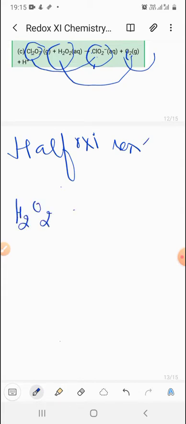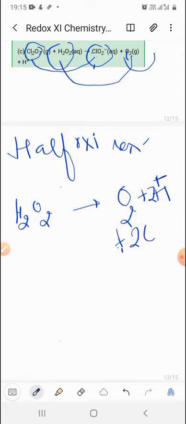H2O2 gives you O2. Fine. Now you can see here two hydrogens are there, and there is no hydrogen on the other side. To balance the hydrogen, I have added 2H positive ions, and now hydrogens are balanced, and to balance the charge I have added 2 electrons here. So here the charge is again balanced because I have written the 2 electrons here. Fine. So positive and negative will be cancelled out, so it is neutral now.